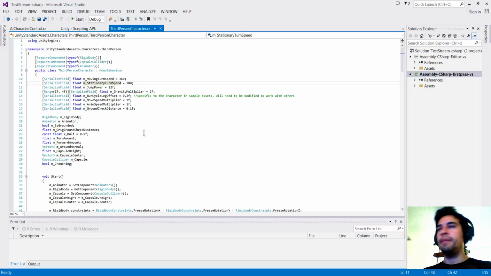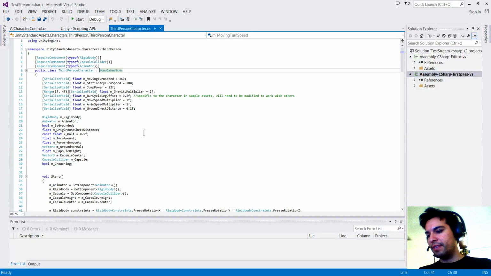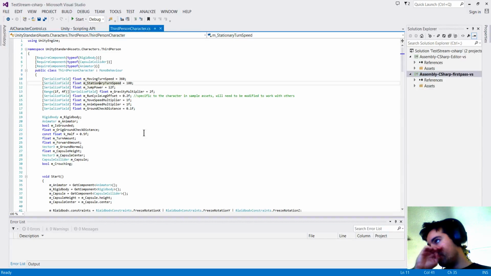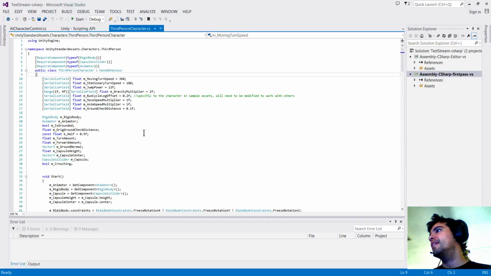So I guess I'll go a little bit into a Unity object. All Unity objects inherit some kind of behavior. If you're making a script, you typically use MonoBehaviour. So you can see that this is a third-person character class, but it inherits from MonoBehaviour, the script class. And then we have a few private variables here. These private variables are floats,